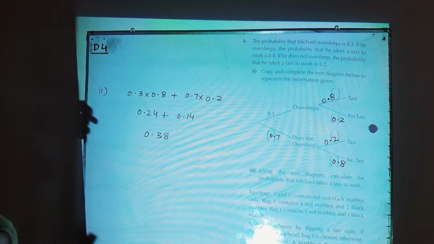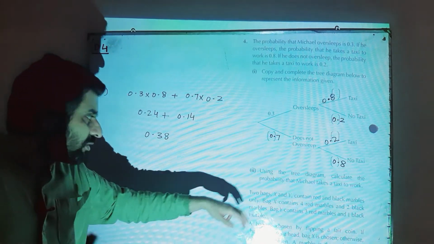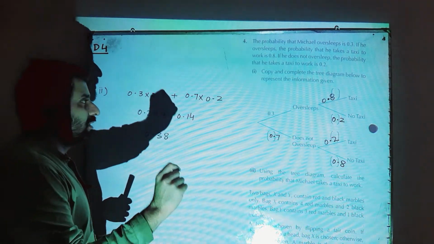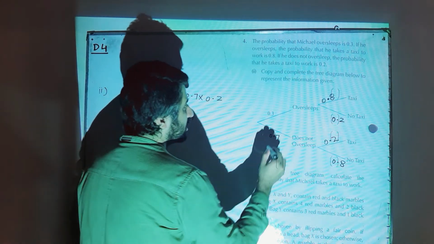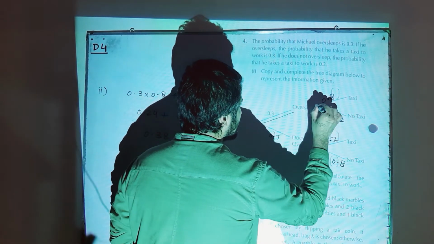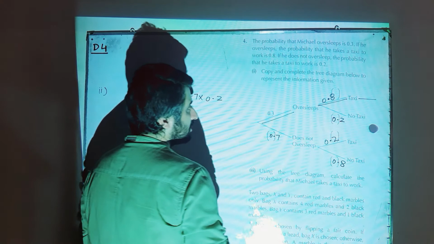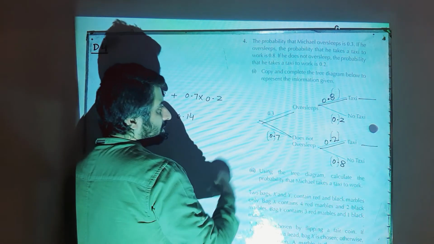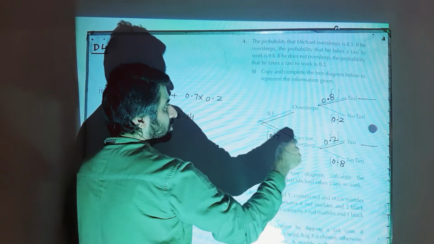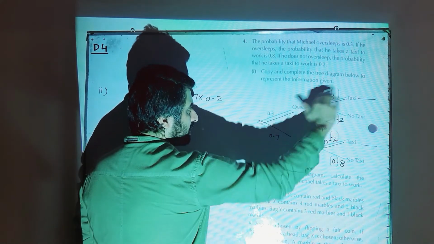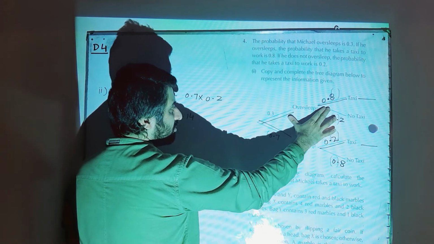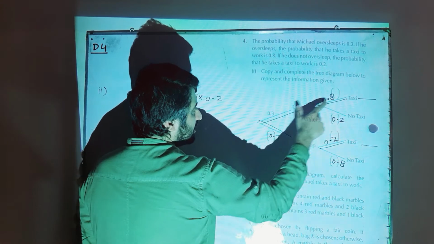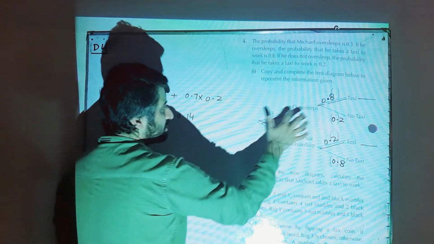They have asked you to use the tree diagram and calculate the probability that Michael takes a taxi to work. This one is your required branch, taxi to work, taxi to work. Now along the branch you multiply the probabilities. 0.3 into 0.8 will be the probability he oversleeps and takes a taxi. So 0.3 into 0.8,